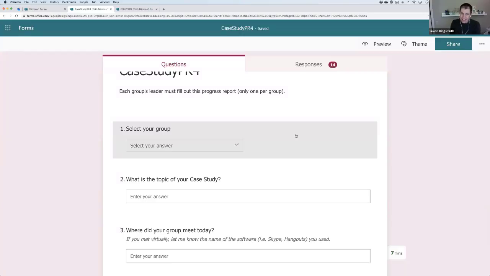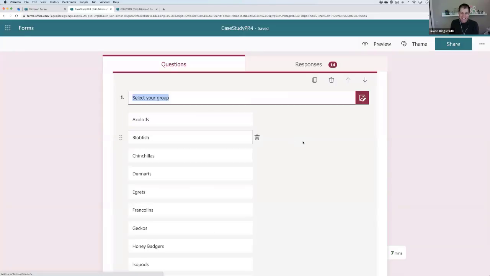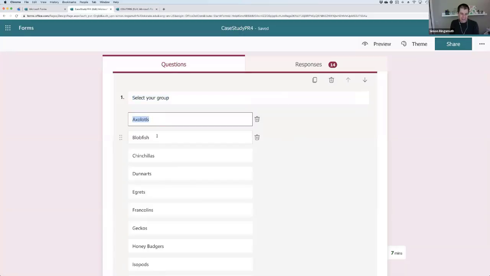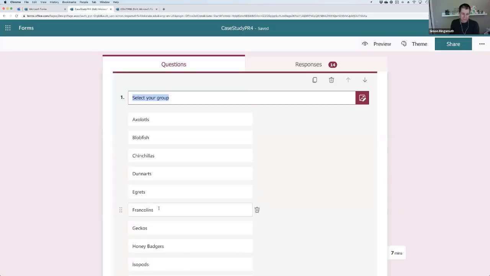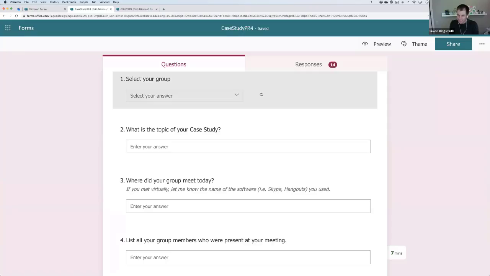Check this out. Give them better names than Team 1, Team 2, and Team 3. Give them interesting names. I go for silly animals: axolotls, blobfish, chinchillas. It's A, B, C, D, but nobody wants to be on Team 5. That's boring. But if you're Team Francolins, well, that's interesting. And now you have this common element as you're starting your groups where you're all like, what is a blobfish? Let's look it up. I'm telling you, that makes a difference.